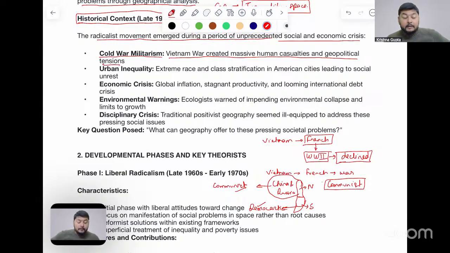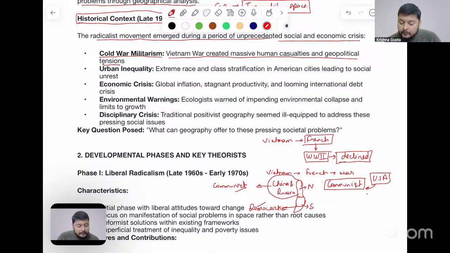But we have seen that in the same time period, in World War II, there was the rise of Hitler as a single person under a democratic setup, and Hitler converted this democratic setup into a kind of dictatorship by making certain changes in the laws of the democratic system. Later on, this dictatorship was converted into fascism, and this fascism resulted in the massacre of millions of people in the world. Therefore, the USA, which was also a democracy, wanted to overcome this issue of the rise of communism in any region.